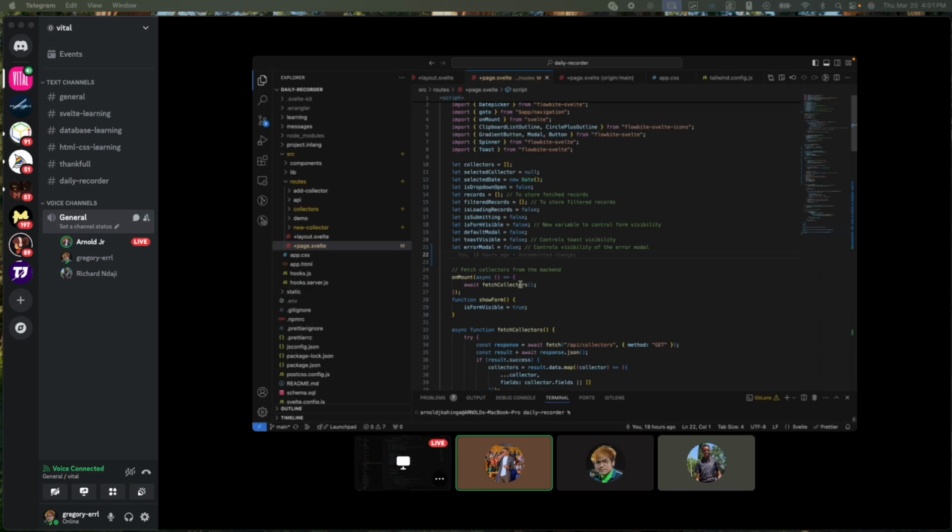This is a function, as you see. When I click, this function runs automatically. As you see in my comment above, fetch collector from backend. It means I will find an easy way to explain this one. When the component is loaded,